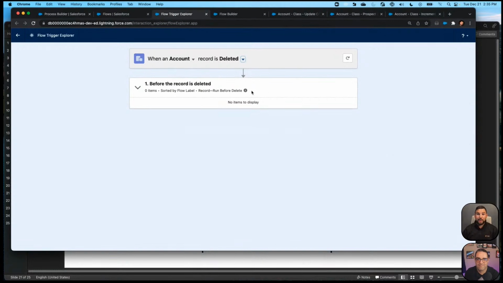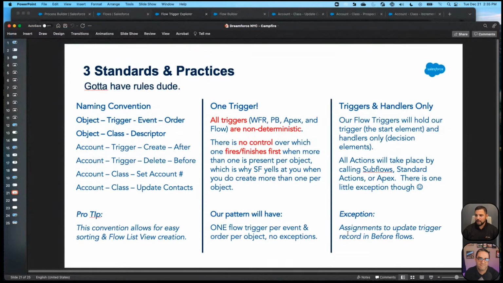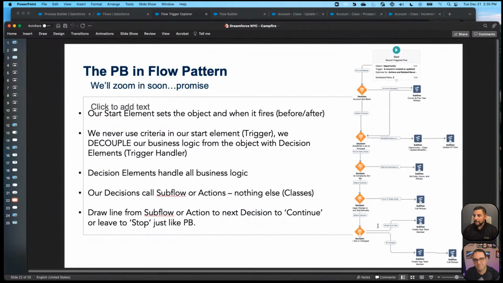So Salesforce is helping in a big way in understanding those events and what's going on. I did mention in here there is one exception to our rule, that's before triggers, and we'll talk about that one in a second. All right, so here's the PB, the Process Builder flattened in Flow, and I promise we'll show you the details here, and we'll build one of these a little bit.